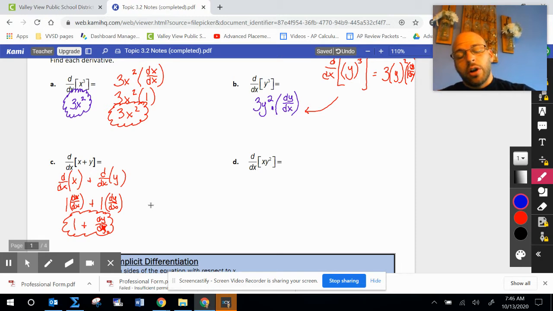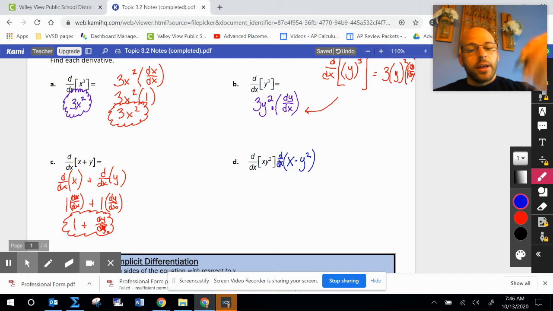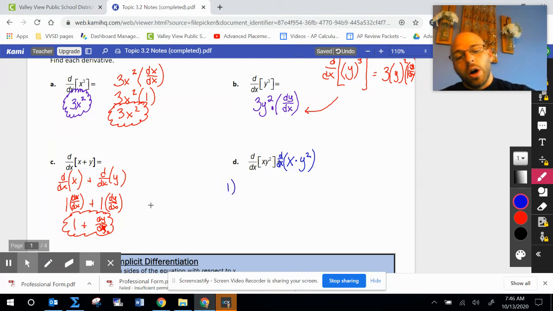So I'm going to start, remember, take the derivative of the first. So I have, just so you guys can see, I'm doing x times y squared. I just want to keep good notation here. Okay, I'm going to start by taking the derivative of x, which would be 1, dx over dx, but you don't really need to write that, times, keep the second the same,